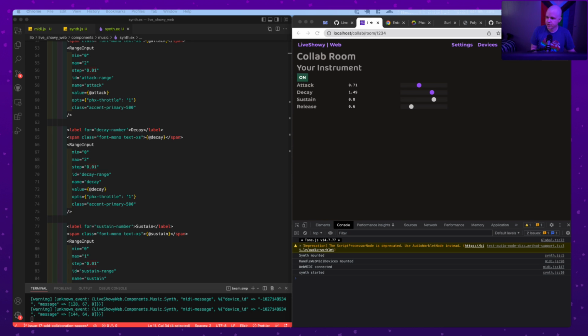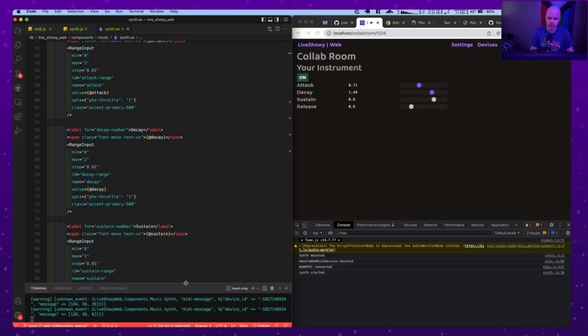Not sure what the right level is here for this, but we'll leave it right about that. Okay, so that's working. But again, this is only generating sounds in the browser, even though it is sending events